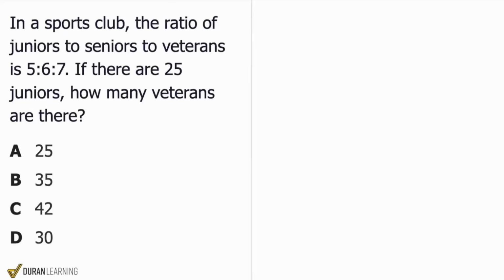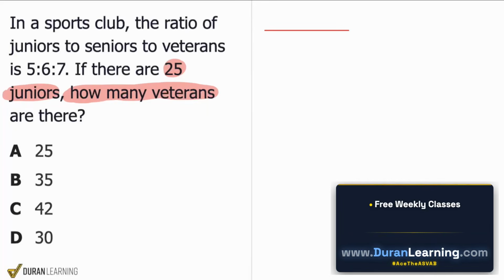So here, we're saying that if there are 25 juniors, how many veterans are there? So that's the comparison I'm given already. We have 25 juniors, but how many veterans? So here's what I'm going to do. I'm going to write the comparison that I have right up top. When you're solving proportions, the biggest piece of advice that I can give is write the proportion based off of the question's comparison. Not the problem itself, but the question's sentence comparison. We've got juniors and veterans here and here. So that's what I'll compare. I'll just say juniors